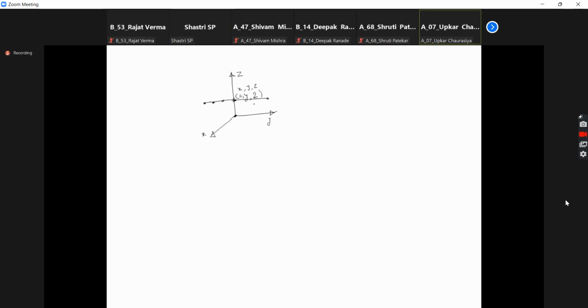Now you have to find out the field intensity at this point, whose location is 1, 1, -1. Now the formula for the field intensity because of a line charge,